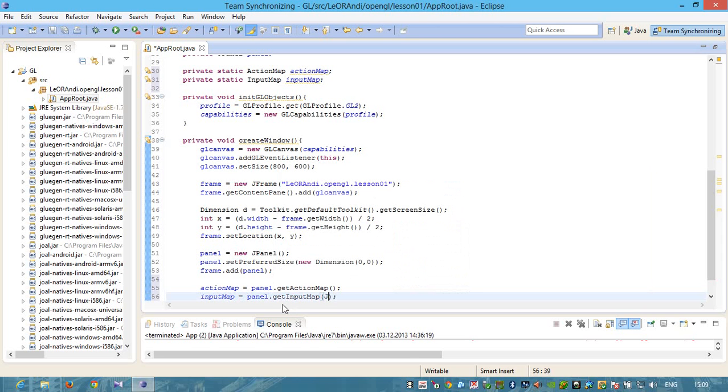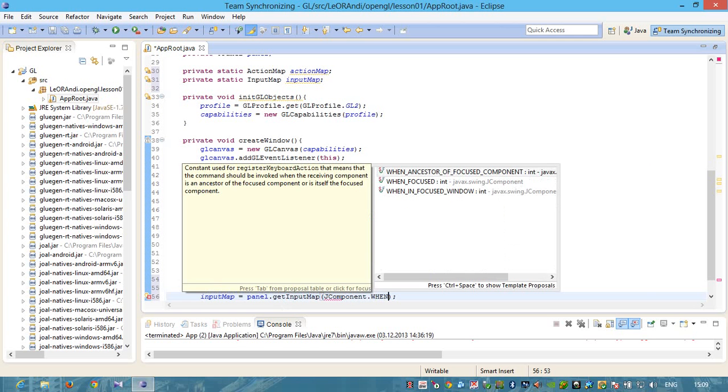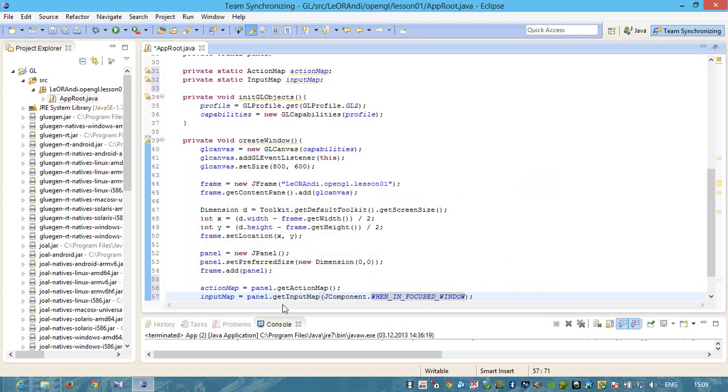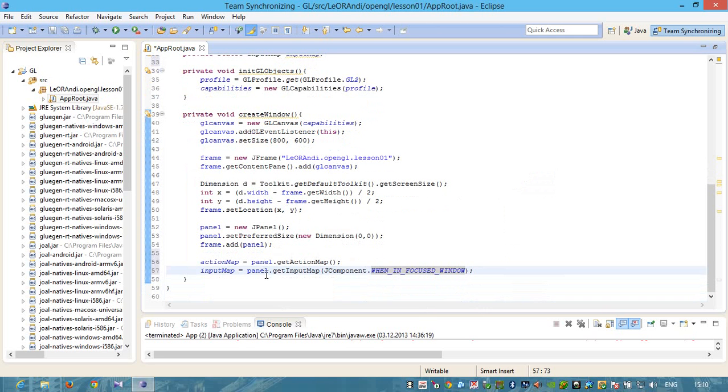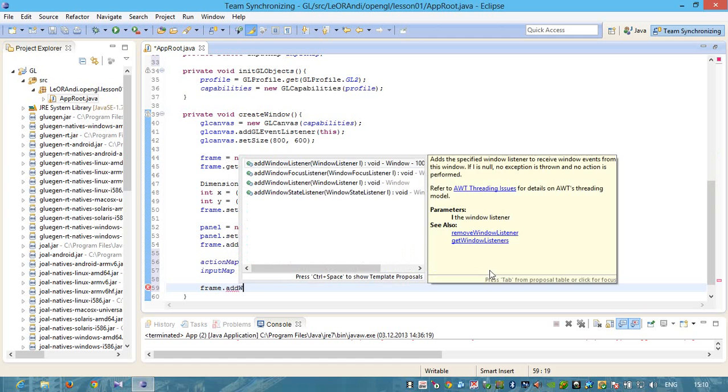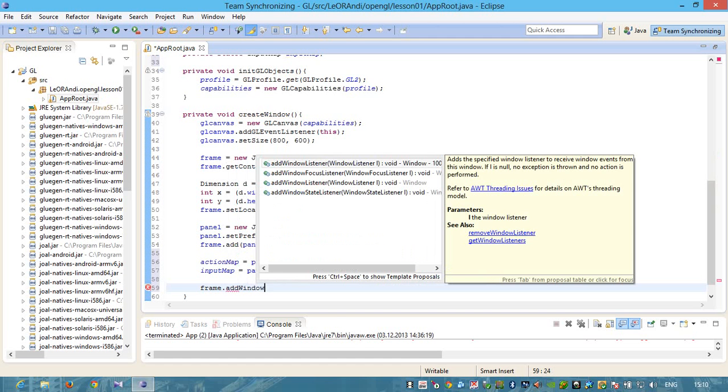And here we will use some trick, component.when in focused window. So when you are in focused window, then these shortcuts will be used. So let's add a window listener. Frame add window listener,